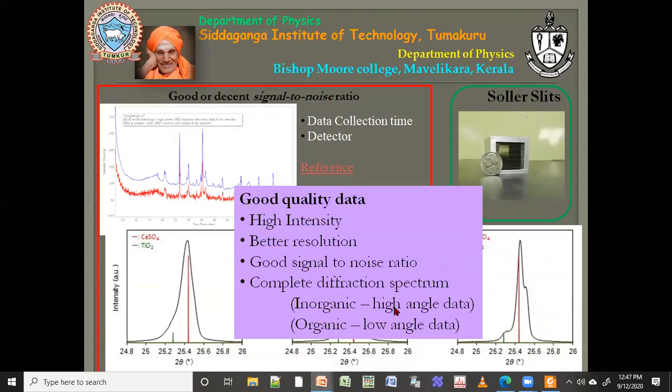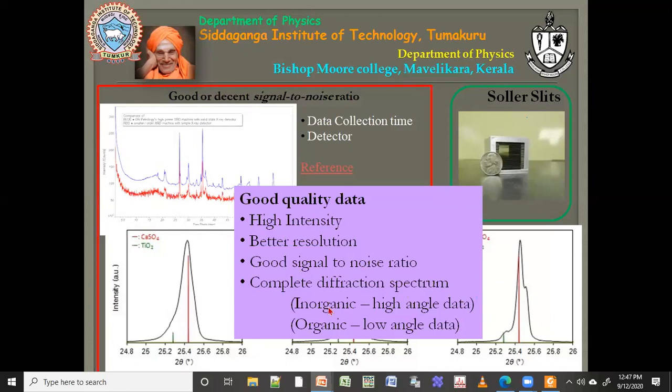If you are doing polymers or something like graphene, your peaks would be finished by 20 degrees or less, maybe just around 30. You won't have any peaks beyond 30 degrees. So instead of taking the entire range, even for this example that I'm showing here, I can take data from 10 to 80 for longer time, instead of spending energy on this flat area.